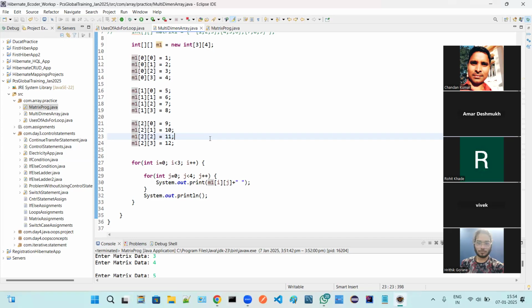They can ask you to write a program to declare and take the values from the user. Declare a matrix of order 3 by 3 or 4 by 4, or like that they can ask you, and they can ask you to check whether this matrix is a unit matrix or not. They can ask you to print the lower half or upper half. They can ask you to check whether the given matrix is a diagonal matrix or not.